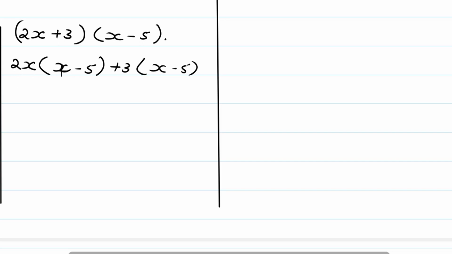From there, I can take this 2x multiplied by this x, which becomes 2x squared, then minus 2x multiplied by 5, which is 10x, then I put this negative there, then plus this 3 multiplied by x, which is 3x, then minus, because here it is negative, and negative multiplied by positive is negative, so 3 multiplied by 5 is 15, like that. From there, I can collect the like terms together, which now will be 2x squared